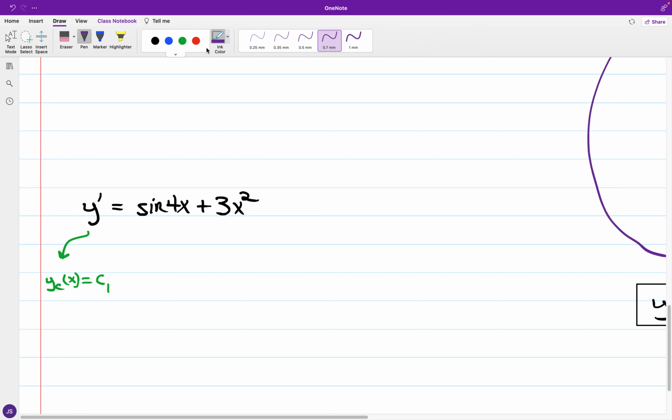And if we look at each of the terms on the right hand side of the equation, so you've got the sine of 4x, and again, just within the family of derivatives, you've got the sine of 4x, and the derivative of this is going to be a multiple of the cosine of 4x, and once you take the derivative you go back to a multiple of the sine of 4x. So this is what we have for the family of derivatives from the sine of 4x term. And in the case of what we have from 3x squared,